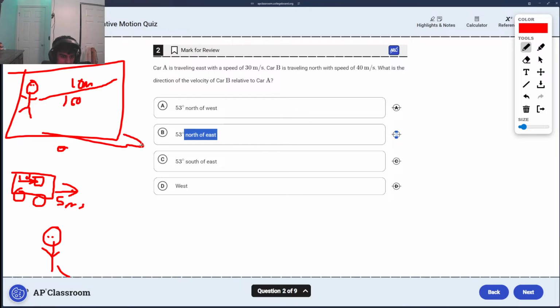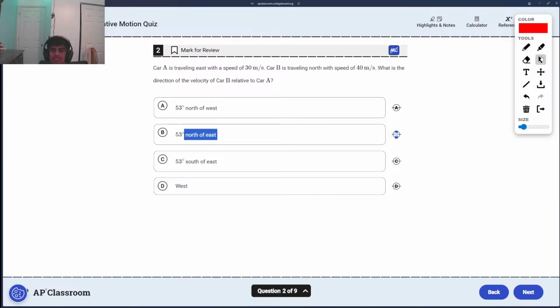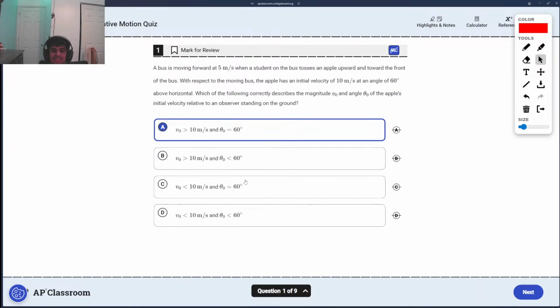Guys, it's greater than 10. Yes, yeah, okay, so it is greater than 10. You're just completely overthinking. It's vector addition. You don't need to do it. It's just saying